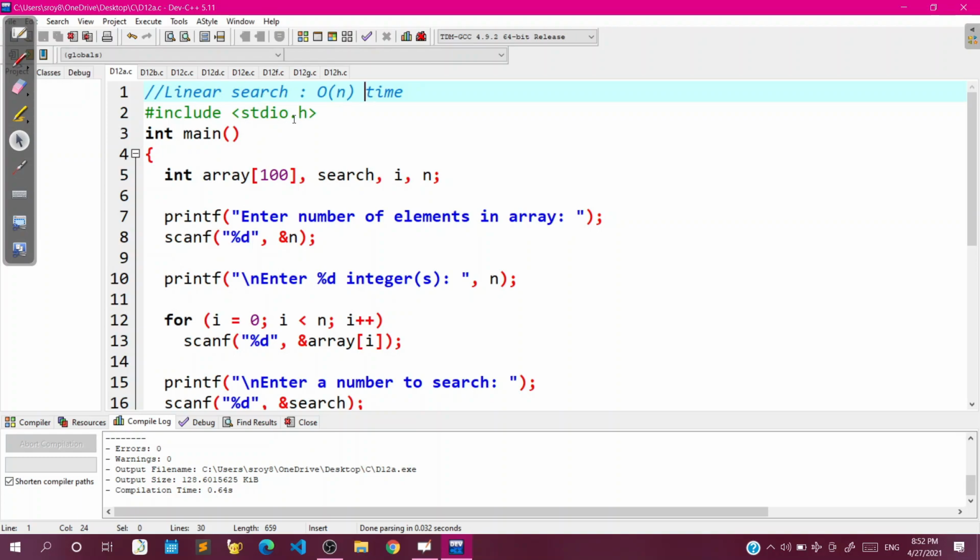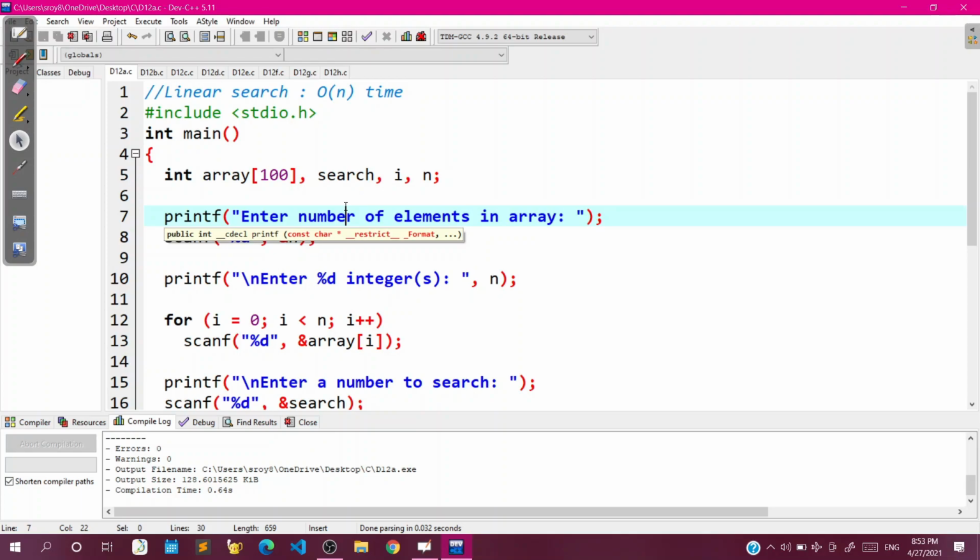And this capital O, we will learn more about it when you learn about time complexities of programs. But this capital O stands for the worst scenario. So what is the worst scenario for linear search? You are not finding the element, right? If the target is not at all present, then the program will take maximum time because it will go through all the elements of the array. In that case, the time taken is the size of the array.